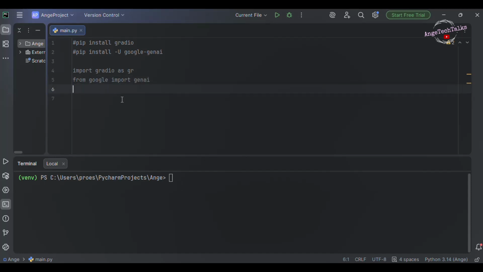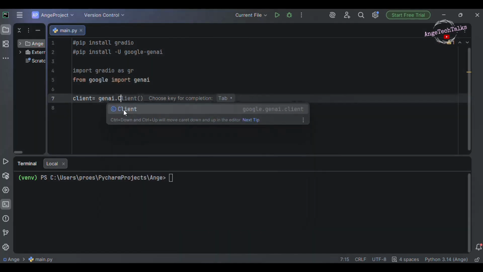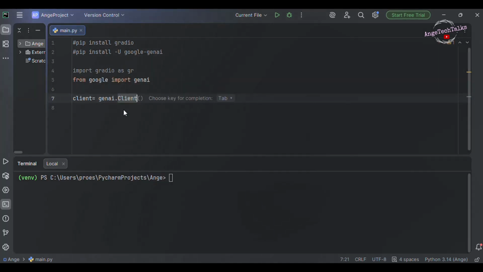Step 3, we need to create the AI client. Think of the client as a messenger that sends our question to Gemini and returns the answer. For that, let us create a new variable called client that is equal to generativeai dot Client. Okay,